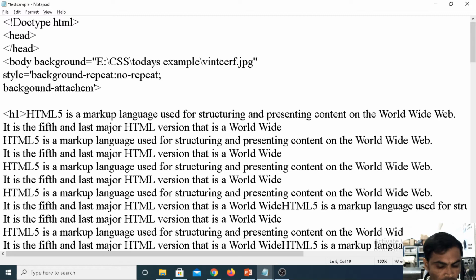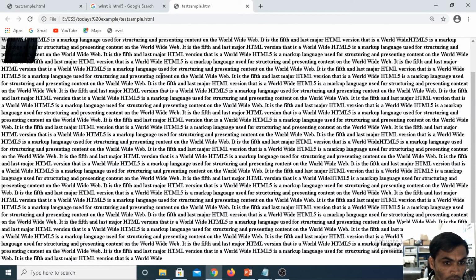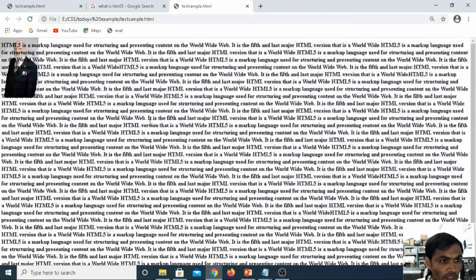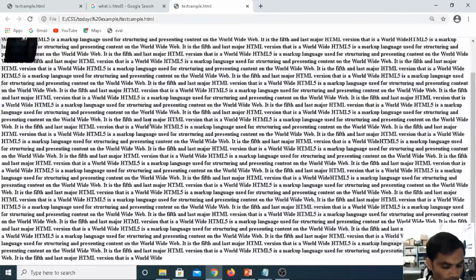Background attachment is fixed; fixed contains a semicolon. Then when you are moving, the image will be fixed.